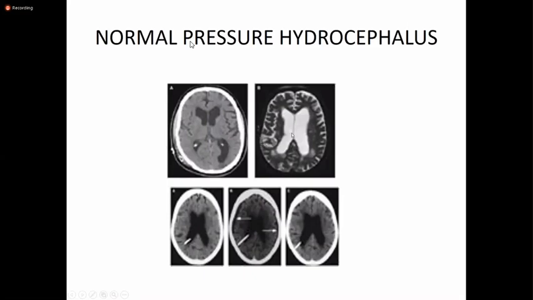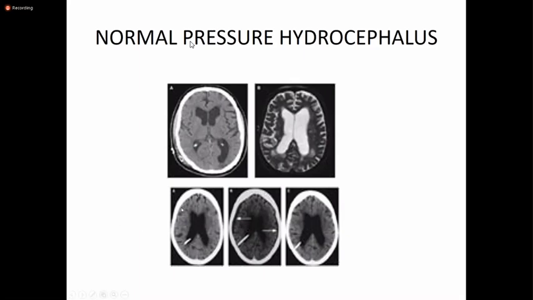And what happens in normal pressure hydrocephalus? We put the VP shunt, after first confirming it by doing the lumbar puncture. If the patient improves, then we can say that yes, this patient will improve with a VP shunt. Here the catheter has been placed in the ventricular system. Once the CSF is diverted, the patient gets better, with better urinary control, and their gait also improves.